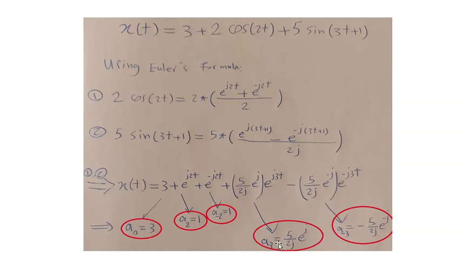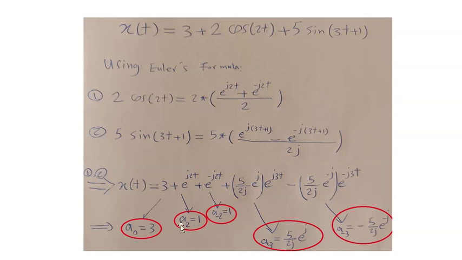How about a3? a3 will be the coefficient of e to the power of j3t. So this right here, 5 over 2j e to the power of j, is a3. And this one right there, minus 5 over 2j e to the power of minus j, will be a minus 3 because it's the coefficient of e to the power of minus j3t. I guess now you know how we deal with these kinds of problems and how we find their